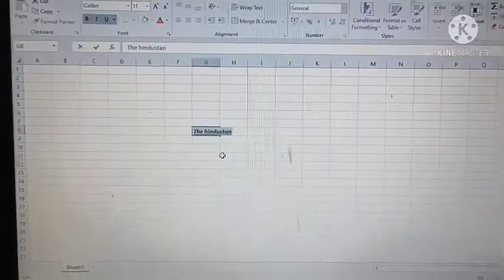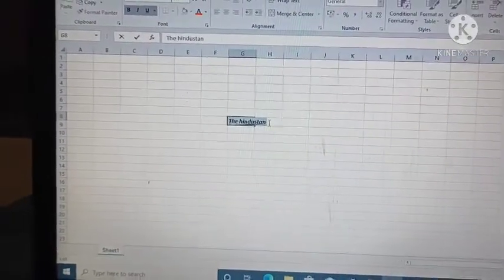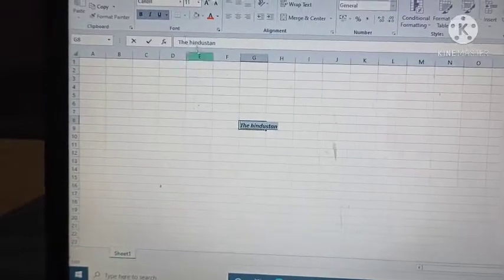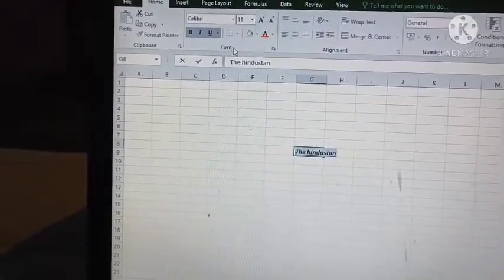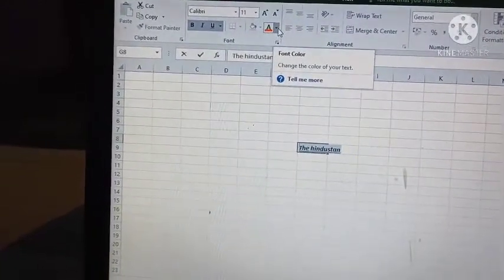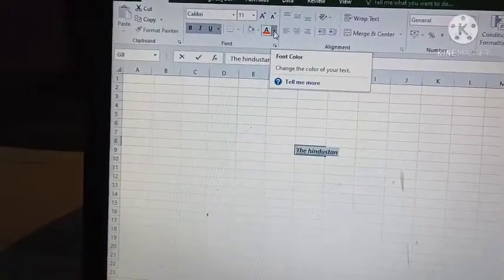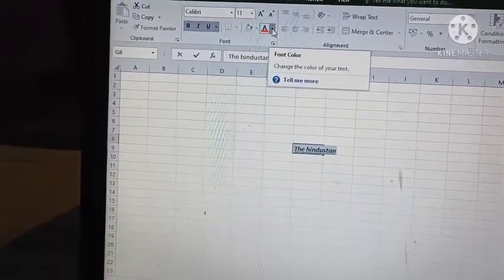To change a font color, firstly select the text that you want to change. In the home tab, in the font group, the font color option will appear. Click on the drop down arrow of the font color option.